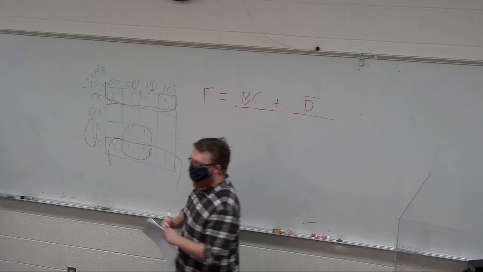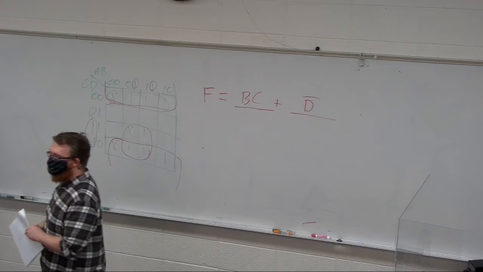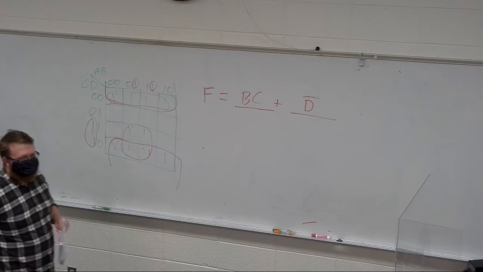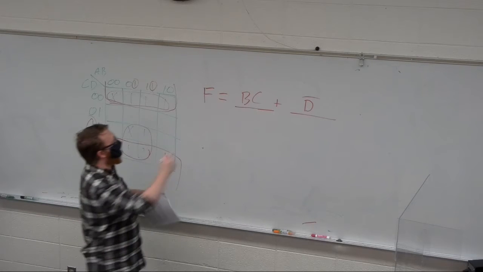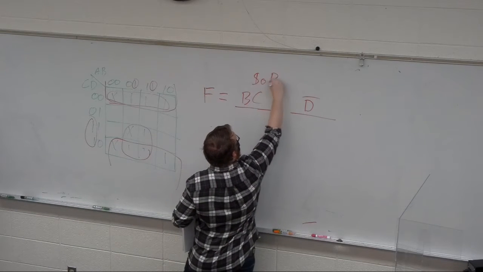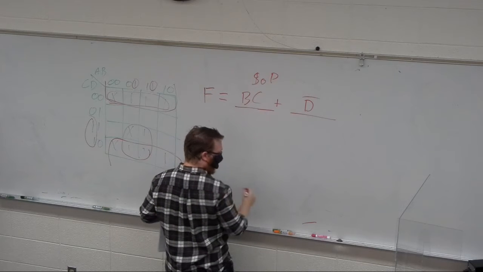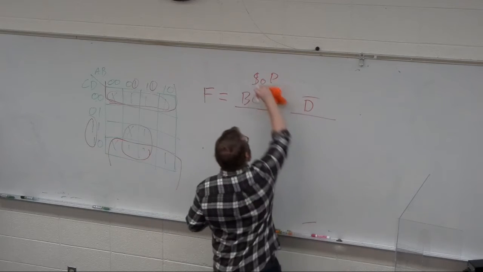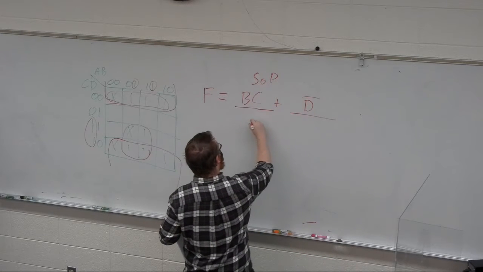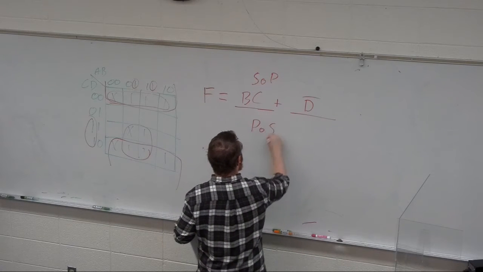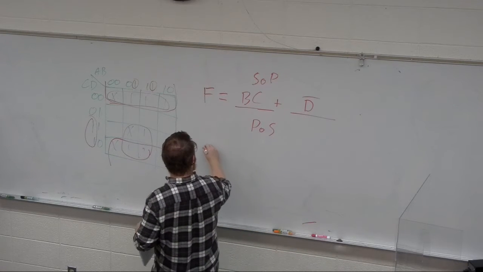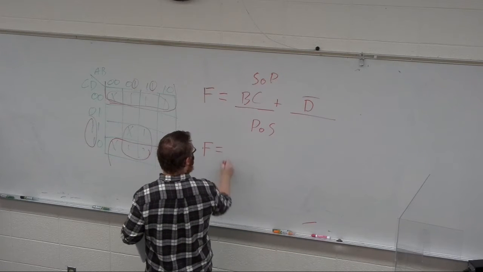Now, what about this thing where they circle the zeros and then they do a product of sums? Excellent question. So this one is what we call a sum of products. The other option, we can do the same K-map doing a product of sums, which means F is also equal to,